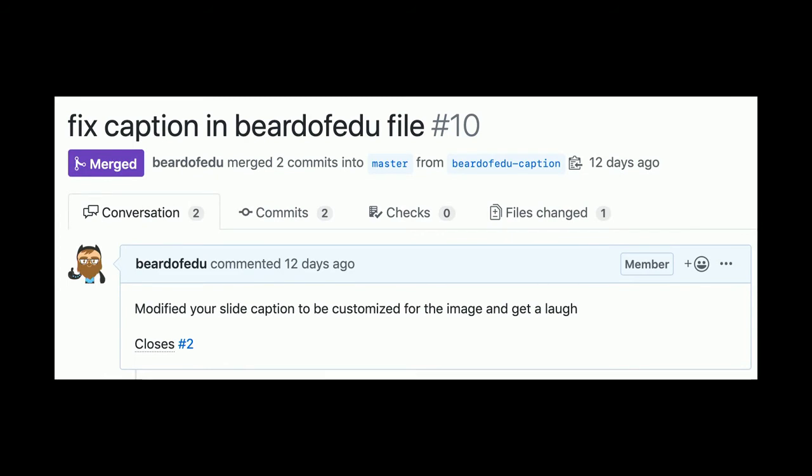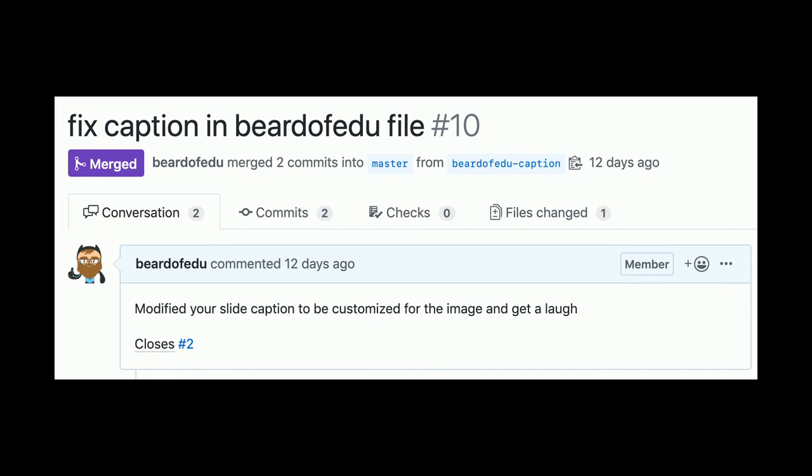Within a pull request, we're able to reference an issue, so at the bottom of that picture, you'll see "closes" and then a number. So that's closing an issue, issue number 2 specifically. As soon as this pull request is merged, my issue will be closed. That just keeps my repository tidy.